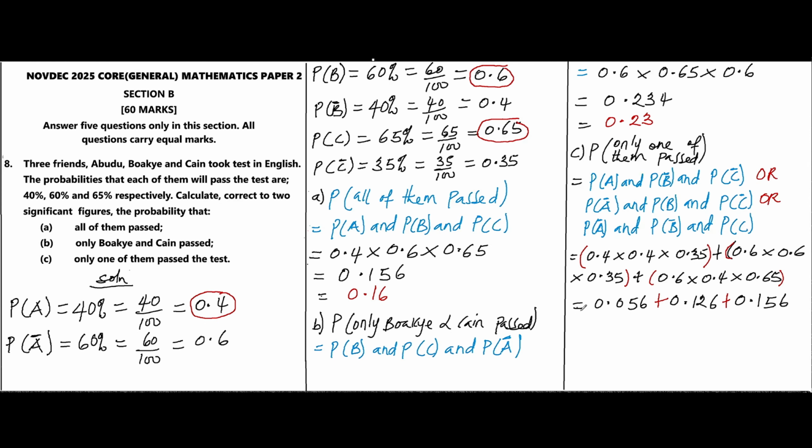So we have 0.156. So now let's sum everything together. 0.056 plus 0.126 plus 0.156. So we have 0.338. But don't forget that we're supposed to correct our answer to two significant figures. So the first one, the second one, you can round up 3 since 8 is greater than 5. So we have 0.3